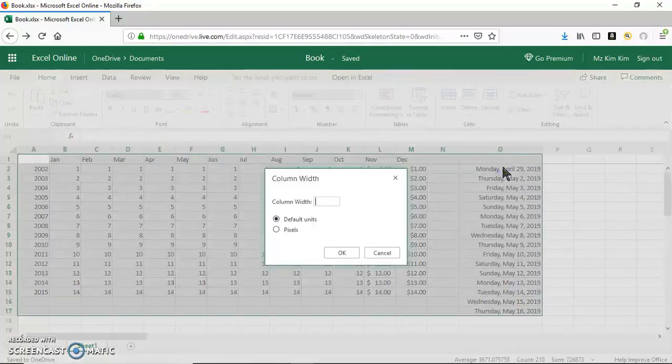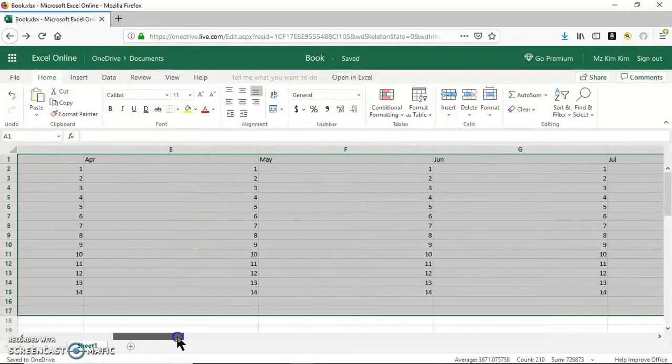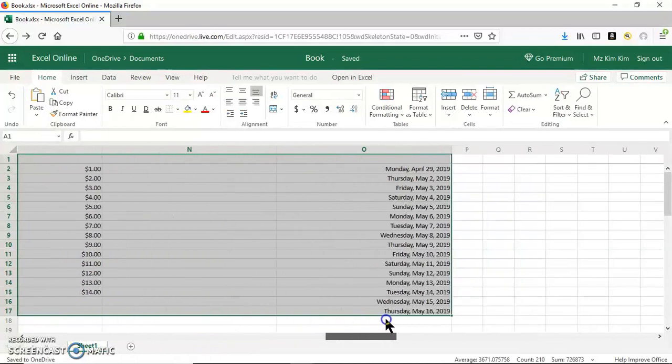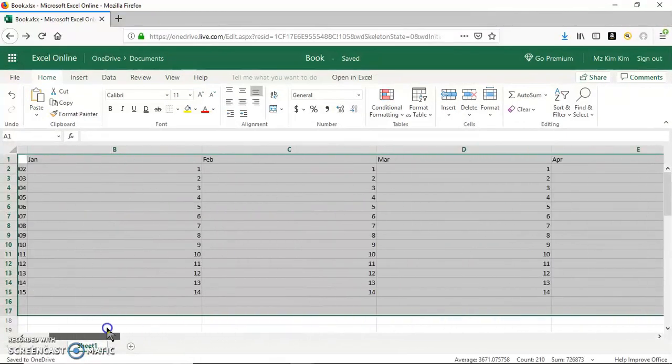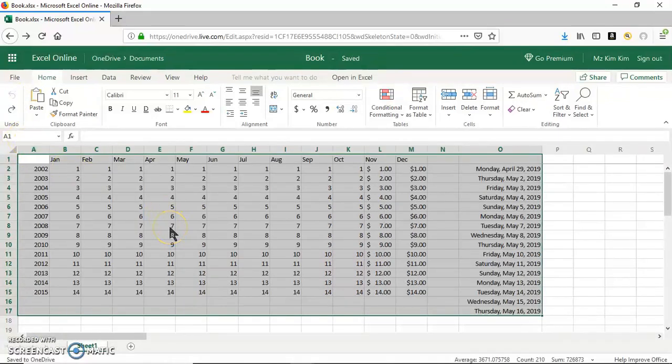This time I'm going to do it this way, and there's no default column width. Since this one is already pretty large and I'm not sure if it's 20 or above, I'm going to choose 50, just to exaggerate and show you what it looks like. Click OK, and as you can see, each column changed in width to 50. And that's how you change the width of cells